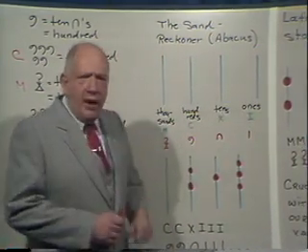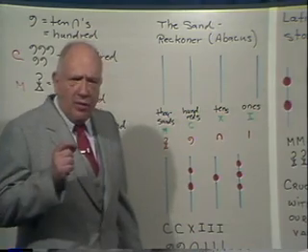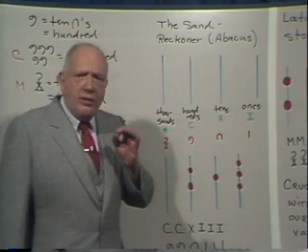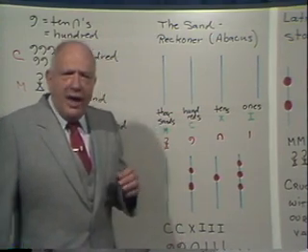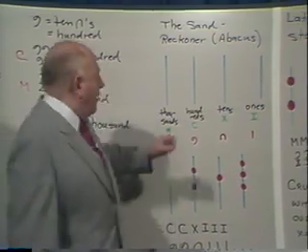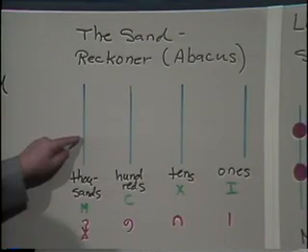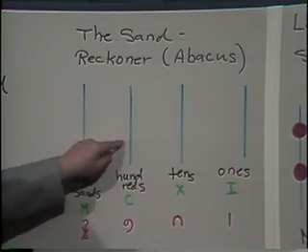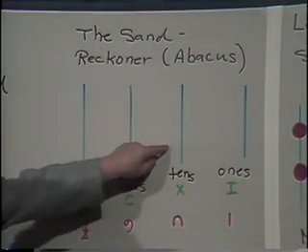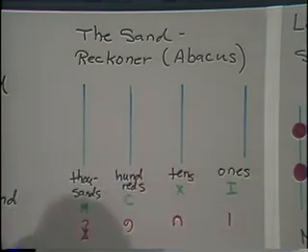And what people did is they took pebbles, stones. The stone now became the adjective. See, wherever you placed that one stone, it was always one stone. But what it modified depended on where you placed it. If I put it here, the stone meant 1,000. If I put it here, it meant 100. If I put it here, it meant a 10. And if I put it here, it meant a 1.